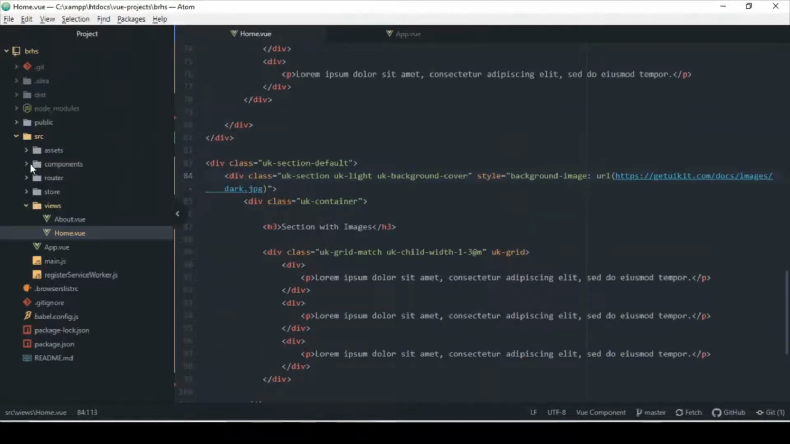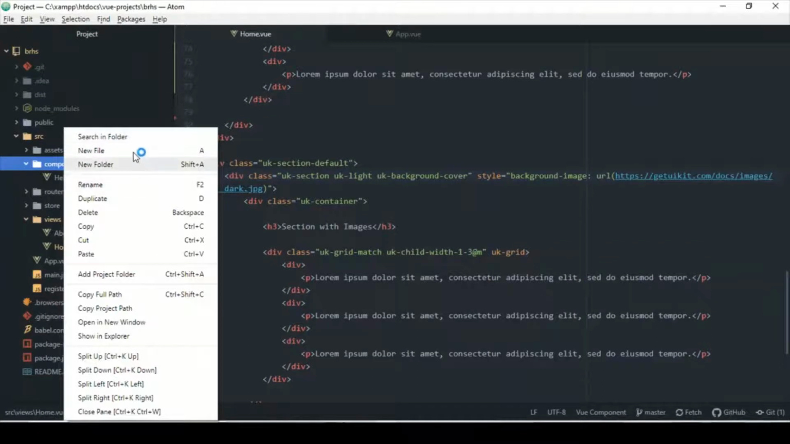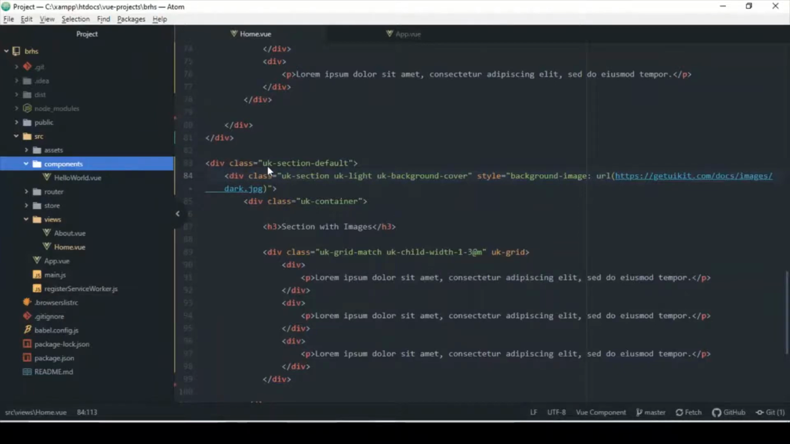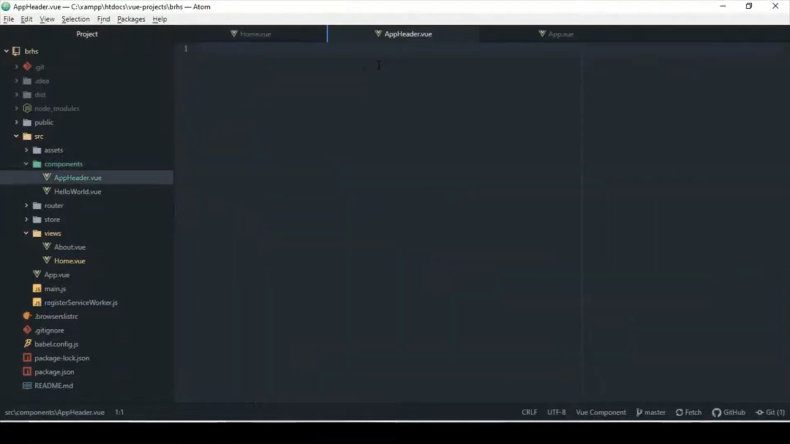So what I'm going to do here is come into components. We don't need this hello world component. I'm going to leave it for now. And then I'm going to make an app header and an app footer as well. So save that and put it in our template,